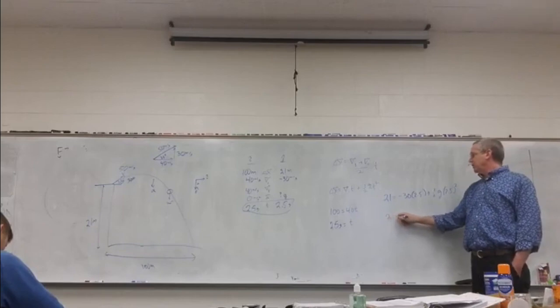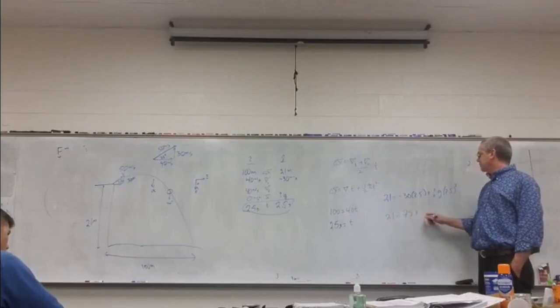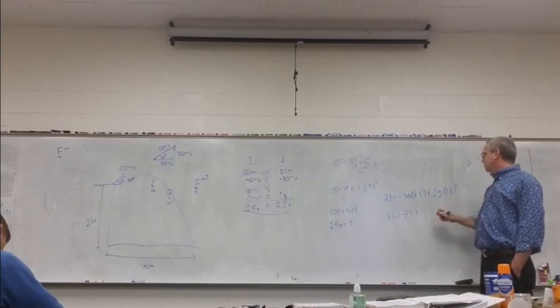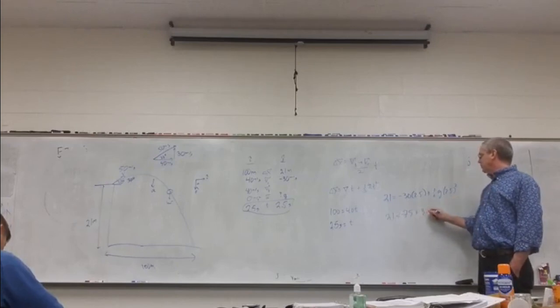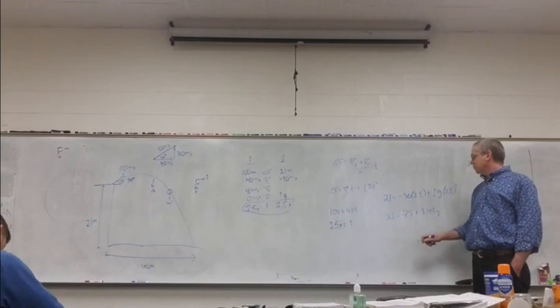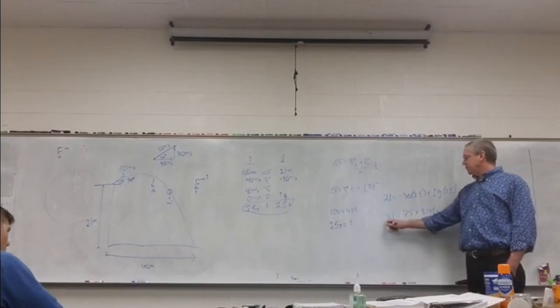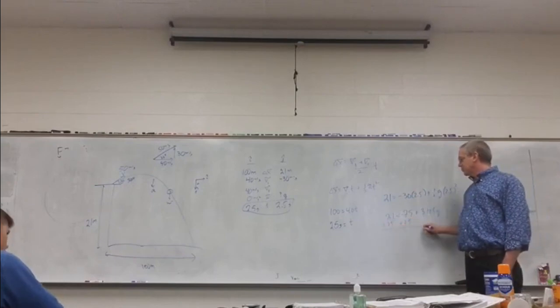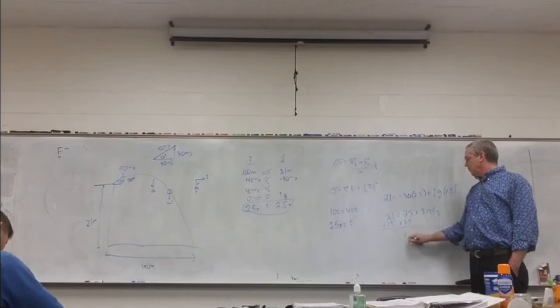So 21 equals negative 75 plus, that's 6.25, so 3.125 G. Add 75 to both sides. So I got 3.125 G equals